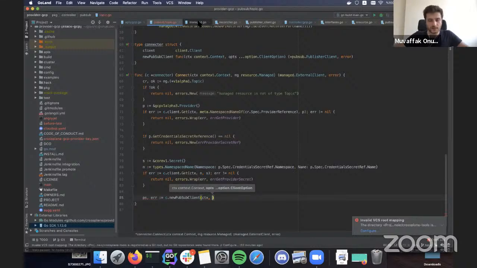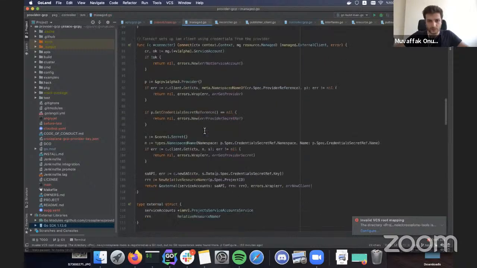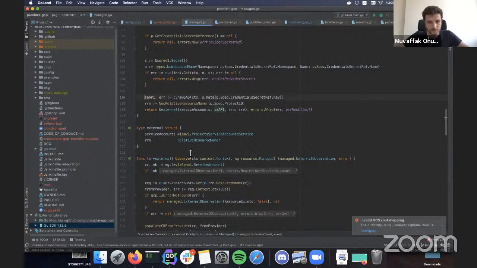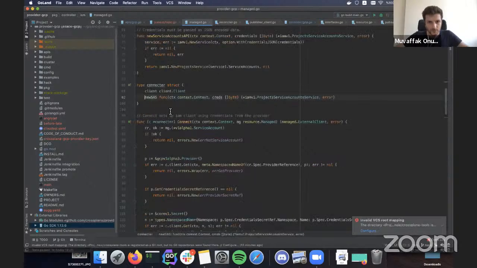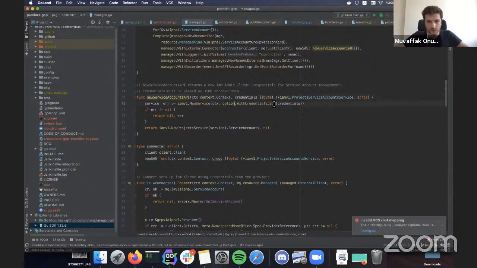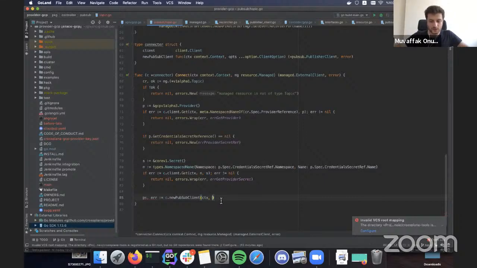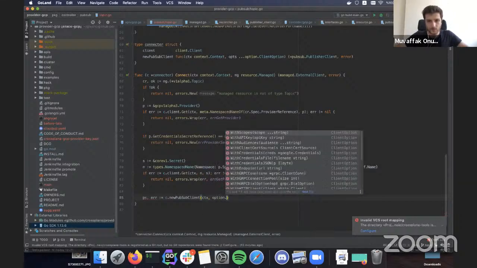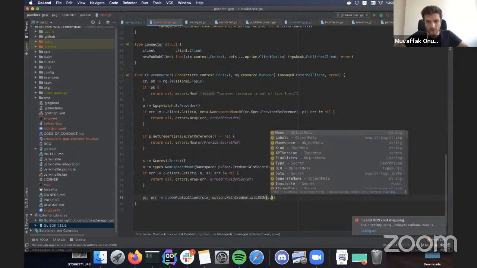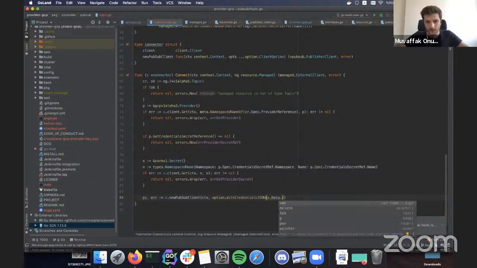A lot of times you can just look at other resources and see how it's done. So it's just an option with credential JSON, and credential JSON exists in s dot data.